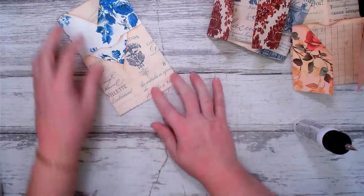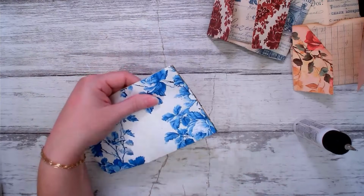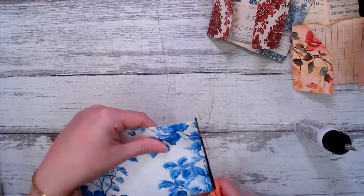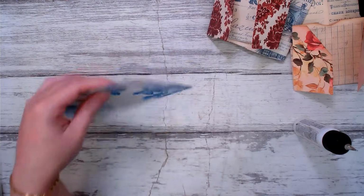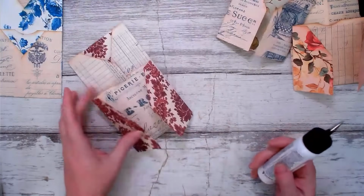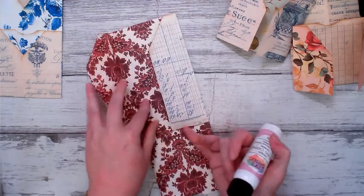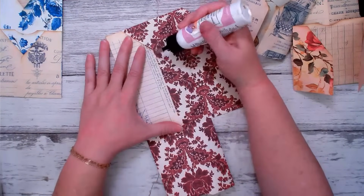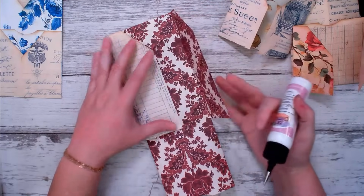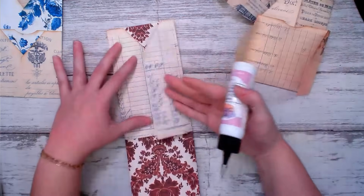Now, if you have a little bit of overhang here, you can go ahead and trim that off, making sure that you don't cut into your pocket part. But if you have a little overhang, cut it off. So there's one all glued up. Let's continue to work on these. Let's go ahead and glue this one. Glue that one. And this one, again, you probably really only need to glue one, but I was worried something would get stuck in there,